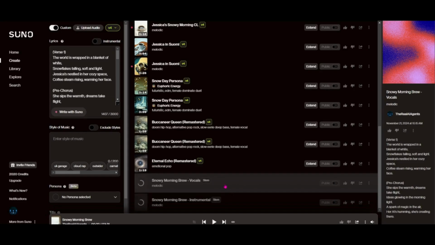What I can do from there, once the vocals are done, it will just be her singing. It won't have the background music behind it. So as soon as this is done, we'll give it a listen and I'll show you how we could download that and use that either in a persona or on a different system. If I were to pull this into a different background like Audacity or something like that, I could remix and create my own musical masterpiece somewhere.